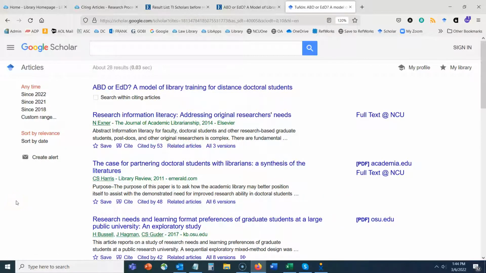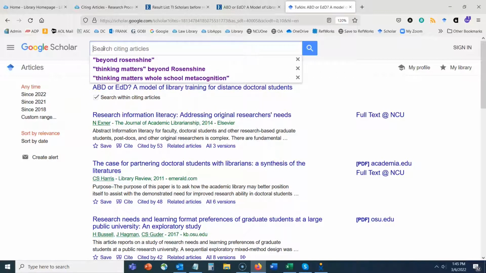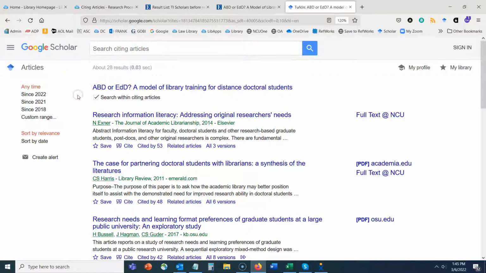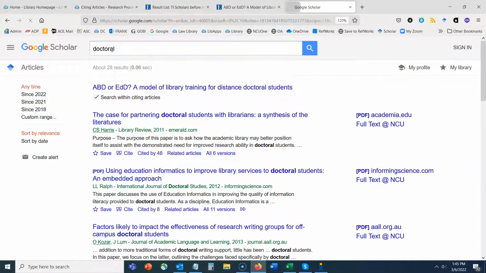So it's a great way to link to related research. Now, in addition to that date limiter, you do have the ability to search within these 28 citing articles. So if you place a checkbox here, it's going to change the search box at the top of the screen there. So if, for example, among these citing articles, if I wanted to see, well, how many of them mentioned